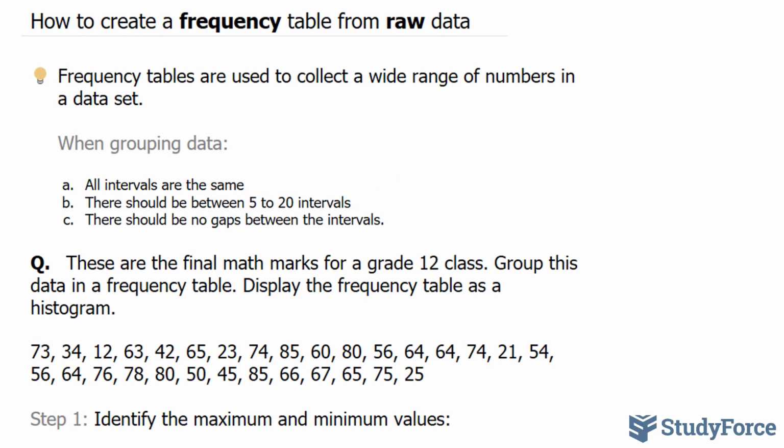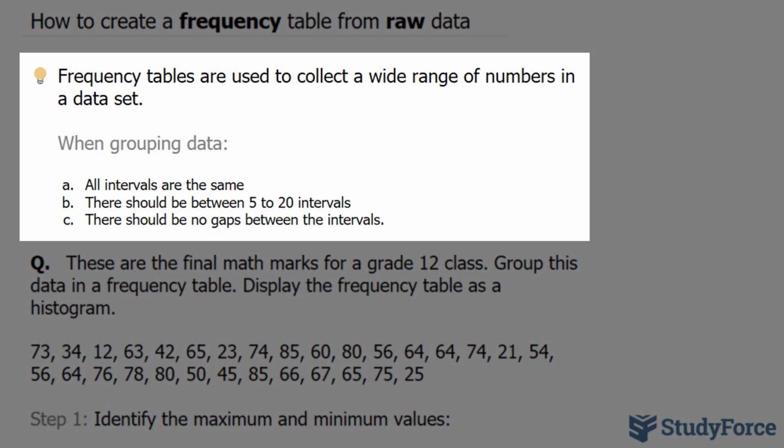In this demonstration, I'll show you how to create a frequency table from raw data. Frequency tables are used to collect a wide range of numbers in a data set. When grouping data, you have to make sure of three things. All intervals are the same, there should be between 5 to 20 intervals, and there should be no gaps between